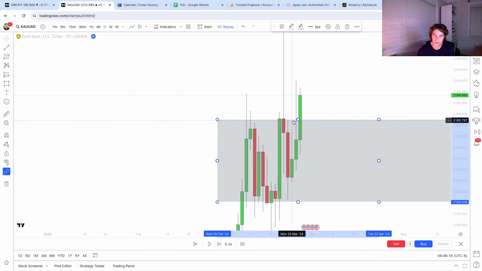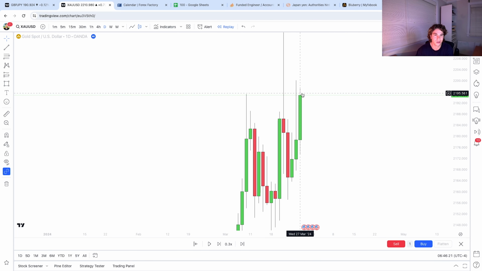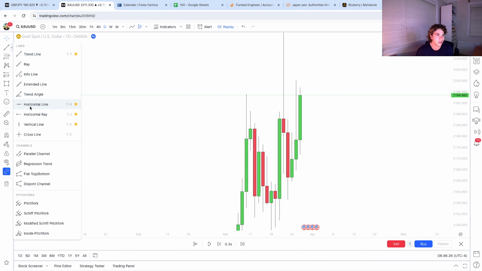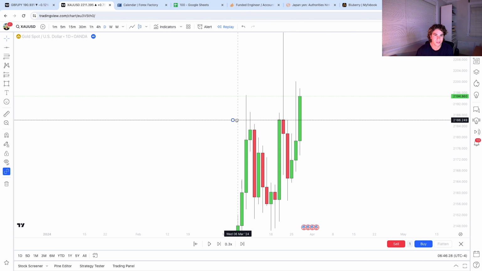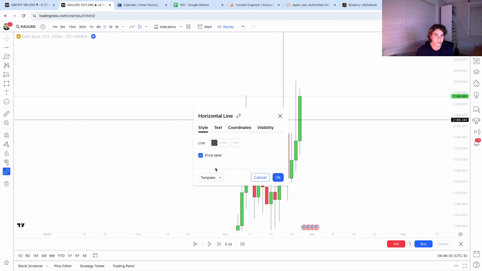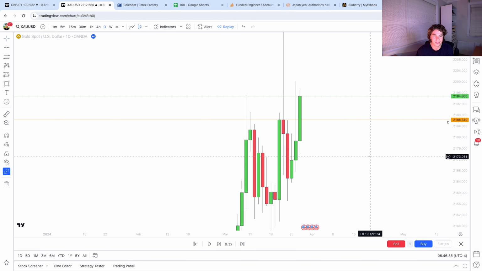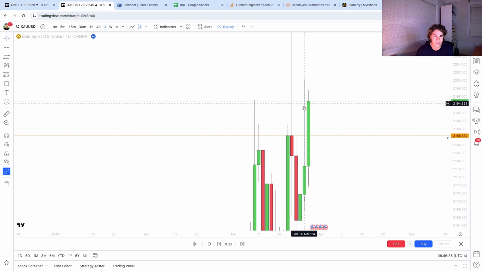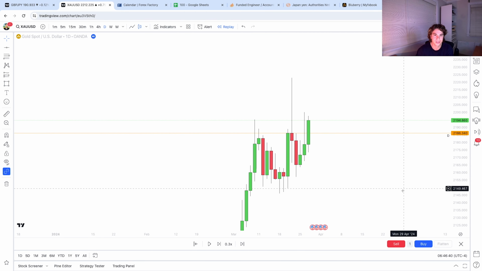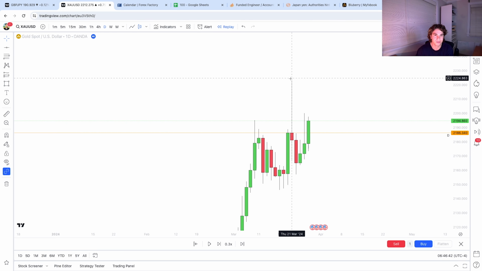Okay, so now we can see price closed outside of this range. If we look at how we can draw this up, we have a clear daily resistance over here which we've broken. Okay, and we'll mark that for 1 day resistance. So you can see it closed outside of resistance, and what we can see previously is we have this massive